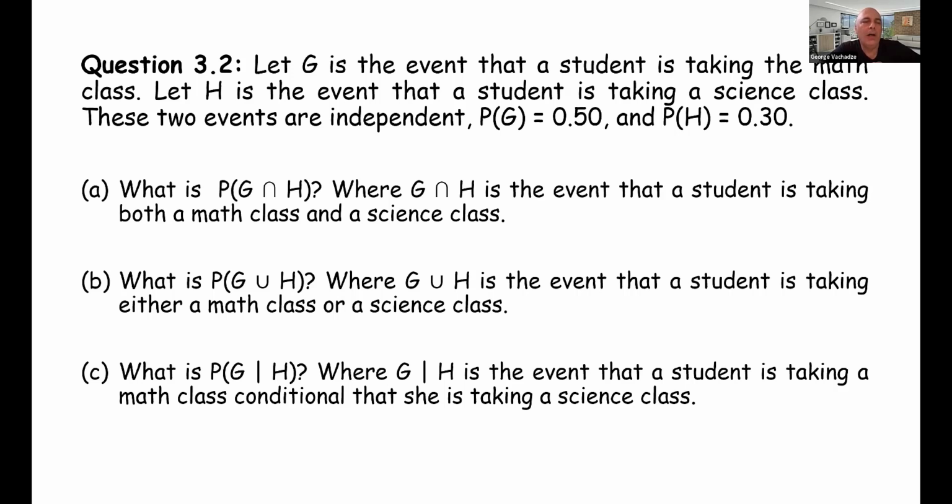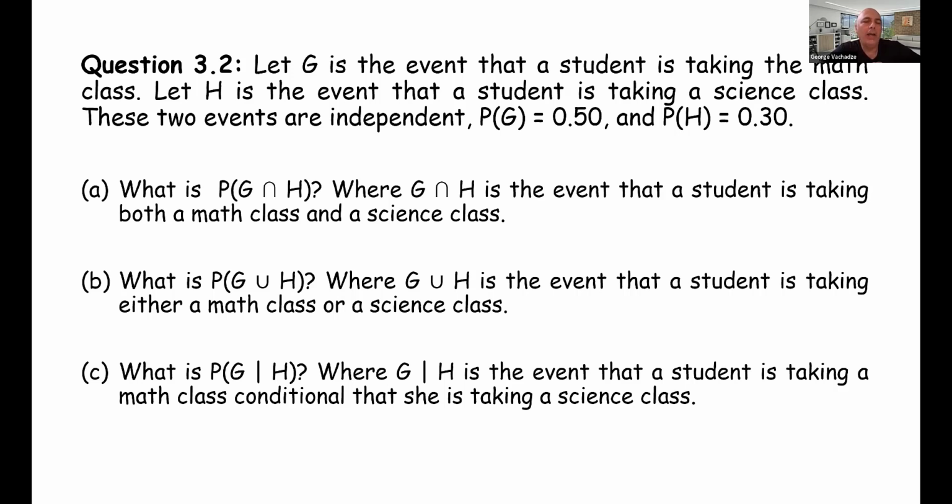We want to find out the probability that the randomly taken student takes G and H class at the same time. And this is denoted by G intersection H, or G and H at the same time. This is question A. Question B asks, what is the probability that the randomly taken student takes either math class or the science class, and this is denoted by G union H, or in other words,